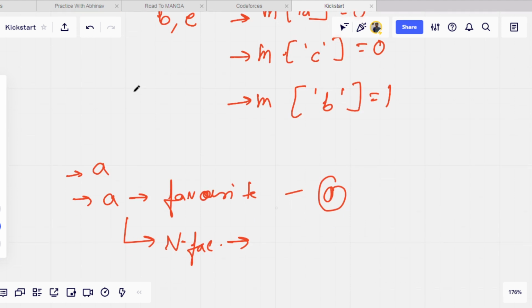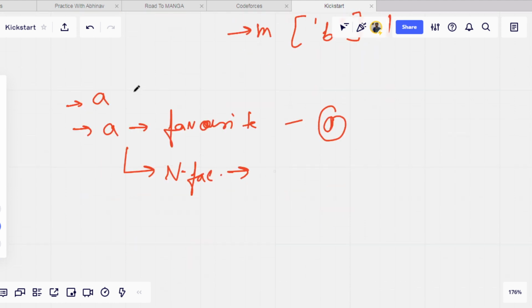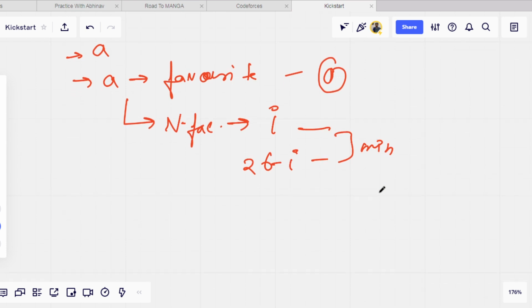We will check, first of all, anti-clockwise also, means for example, I and then 26 minus I, both the indices, and take the minimum of the two. Like this, we have to find this minimum number for each and every character from A, B, C up to Z. And then we have to add the values of those characters which are in the string S.